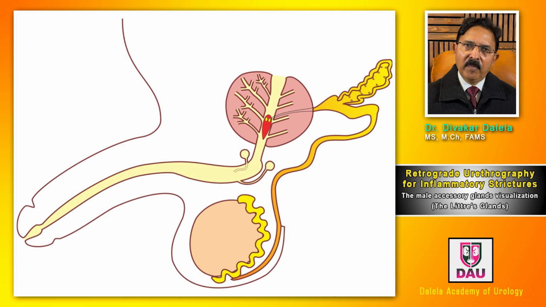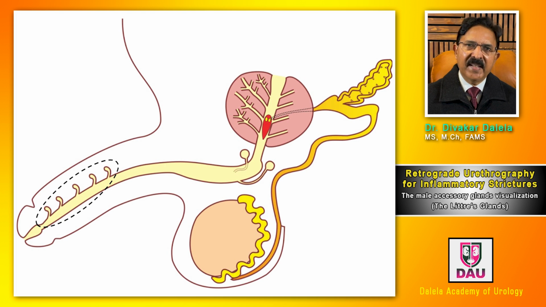Here is a picture of a normal male urethra in an adult, and in the pendulous urethra from the dorsal side there are a set of glands which open in the urethral lumen, and the duct lies in an oblique fashion. If you look at the picture here, the duct of the Littre gland is directed towards the tip of the penis. Nature has made it so because when somebody is urinating, the pressure of flow of urine will occlude the ductal orifice. So during normal voiding, urine will not flow back into these ducts, right? Because of the obliquity of the opening of these ducts.